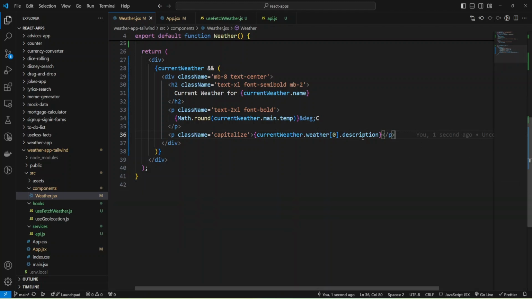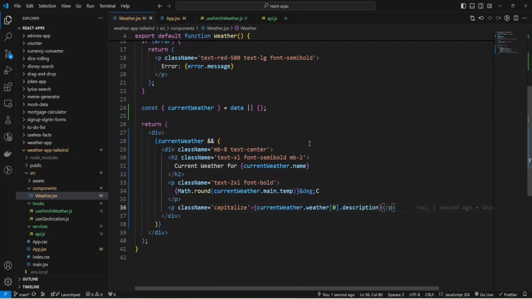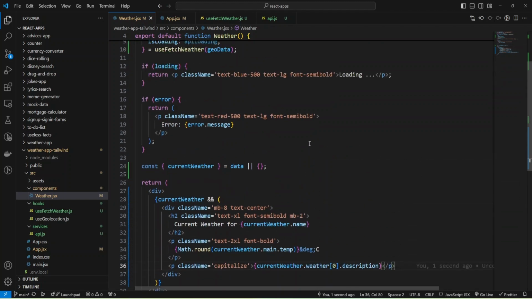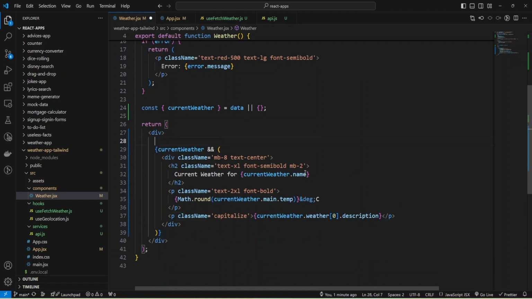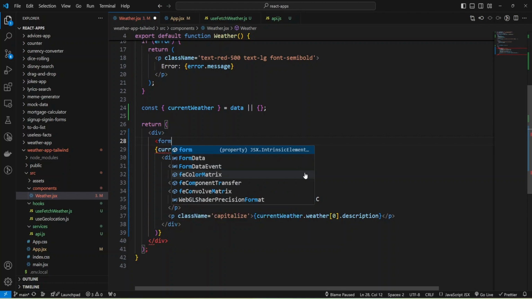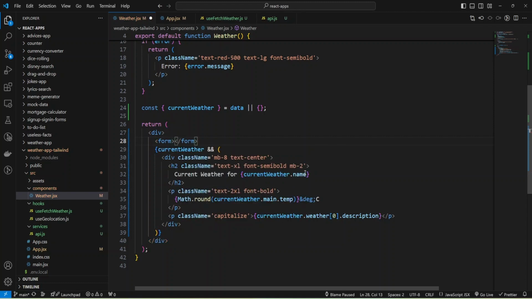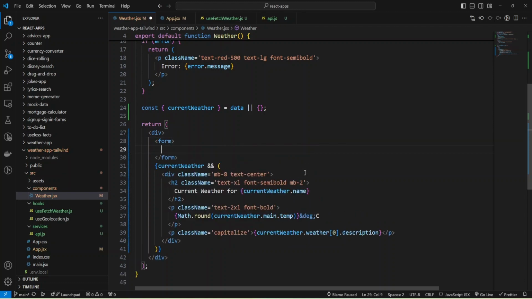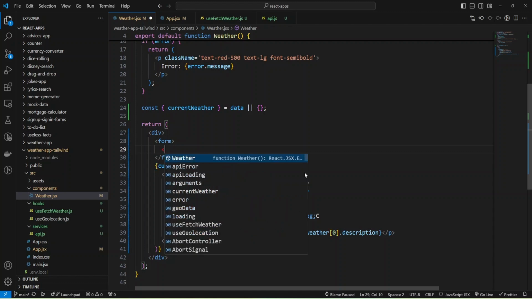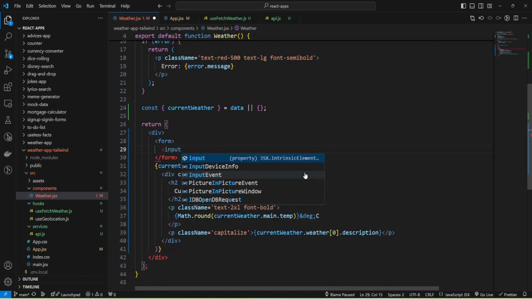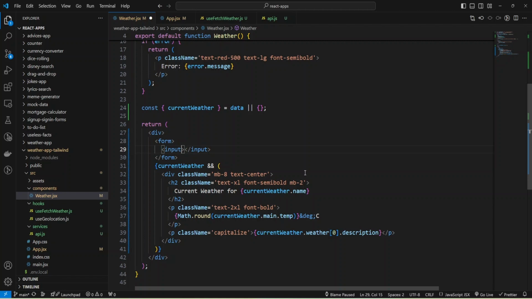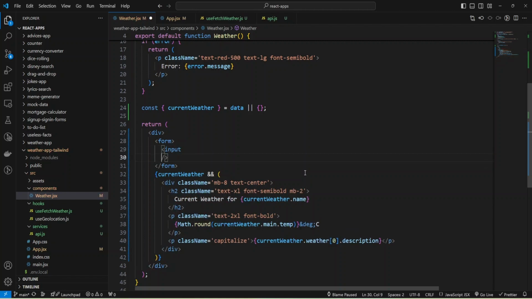Okay, I can hide this terminal, and let's build the search input and search button. I'm going to add JSX, and I'll use a form tag, and inside the form we'll have an input. Okay, and let's add some input.